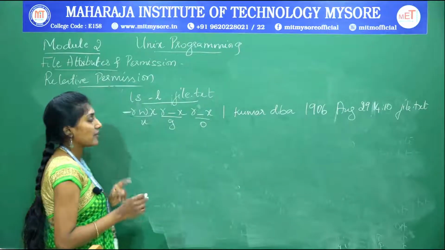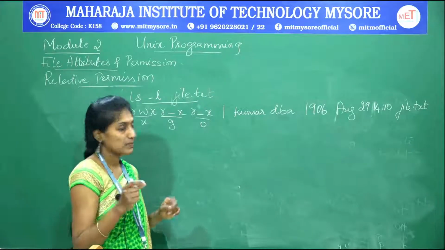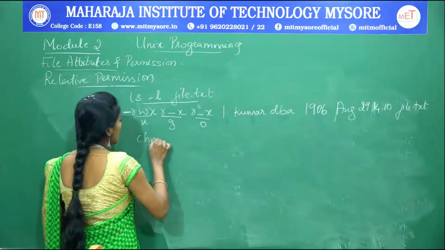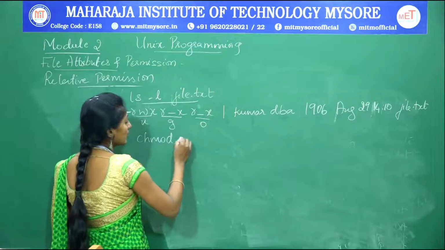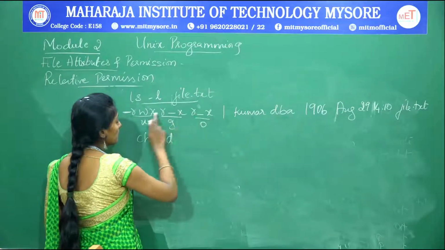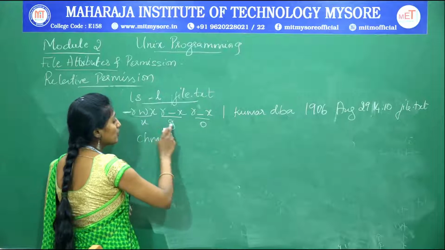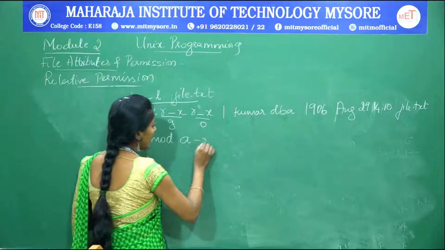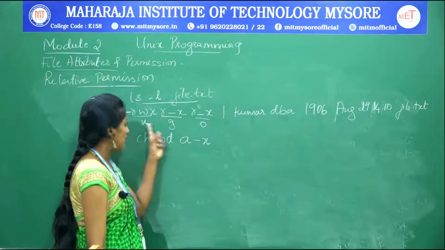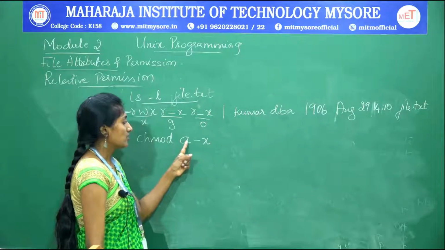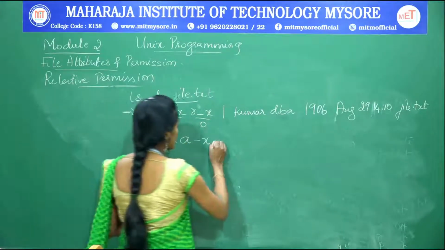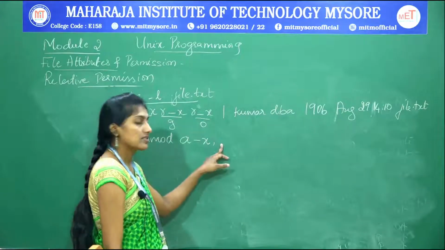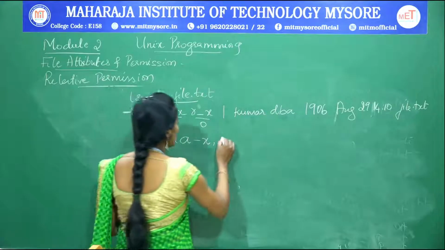Now, as I said, if I want to write multiple expressions using chmod for the same file, yes, you can do that. So chmod. Since here I have execute permission for all 3 categories, UGO, instead of writing UGO, I am going to use a-x. A represents all 3 categories: user, group, and others. By using a comma operator, you can separate 2 multiple expressions.